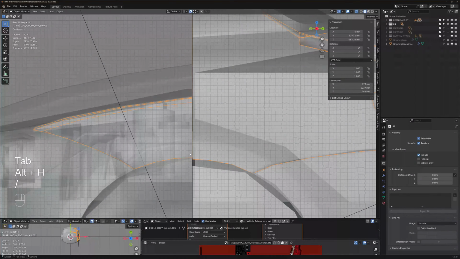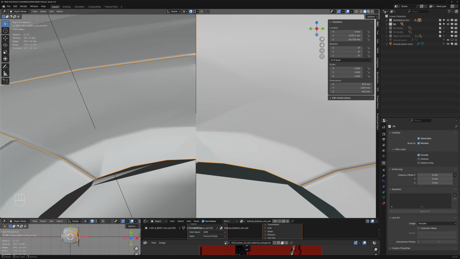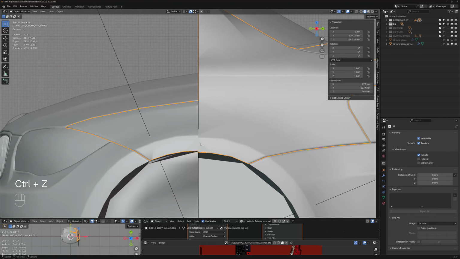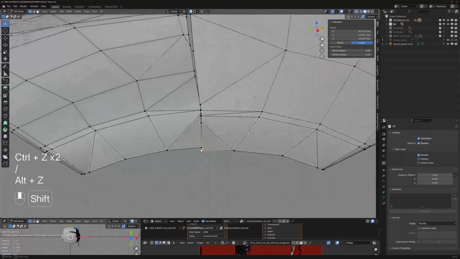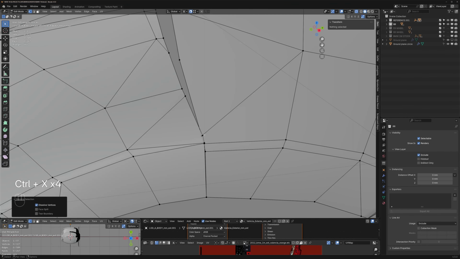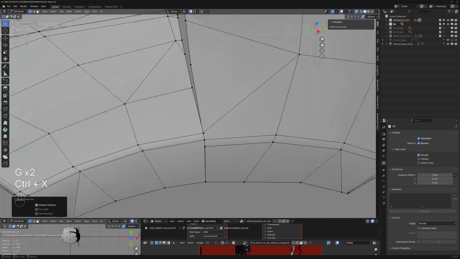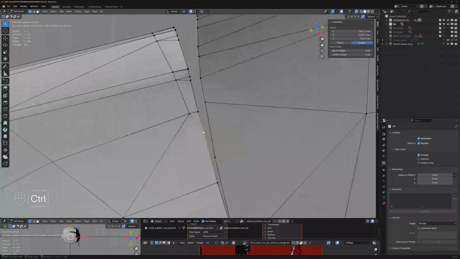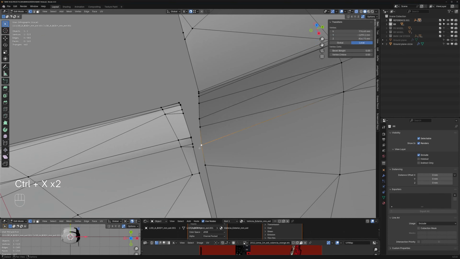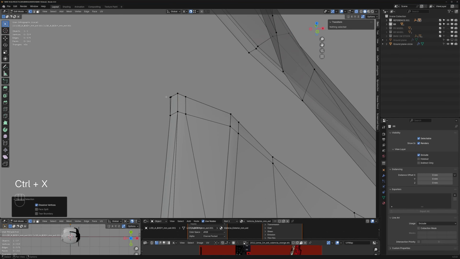Let's see, do we bring the front one down or the back one up? I think we're going to move the back one up. So we're going to move this up to match the front one. So let's snap that to there. We'll do a little bit of a cleanup there to get rid of any triangles or any rogue vertices. Slide that one down, delete that one, delete those, delete that one,